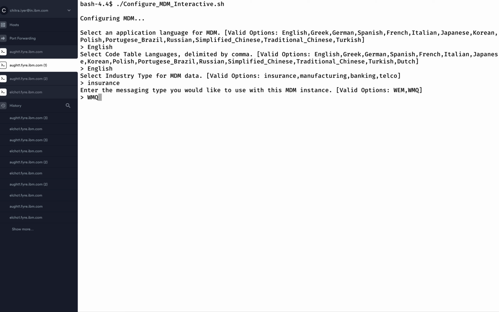We should not choose WEM because there will be only one SIB owner entry in the SIB owner table, corresponding to a single server. But when we deploy it on top of OpenShift, we will have multiple replicas.